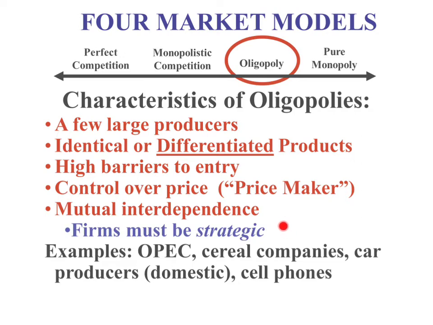So I might wait to advertise when I know that they're not going to advertise, because my ability to make money when I advertise and they don't might be a higher payoff, so to speak, than if I advertise and the other firm also advertises. So we want to know what's going to happen. If we do something, what will the other firm do? And if we know what the other firm is going to do, how is that going to affect the decision that we make?